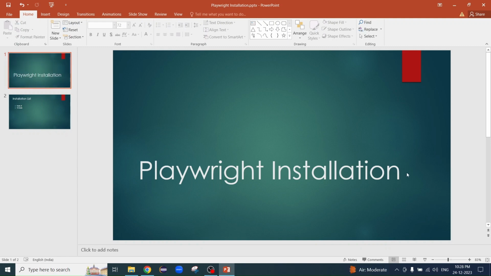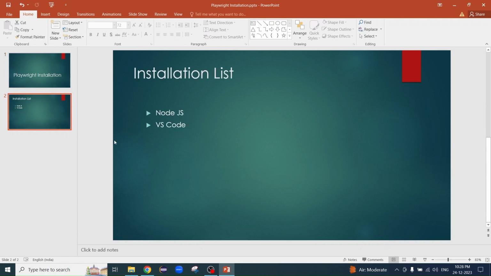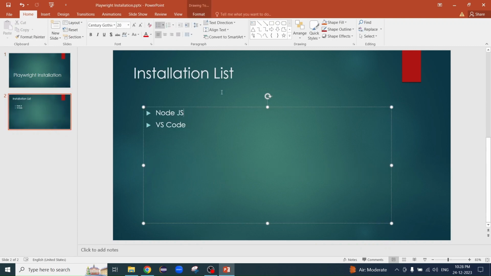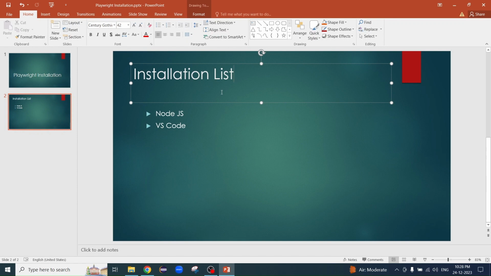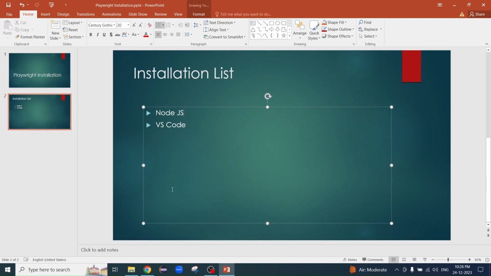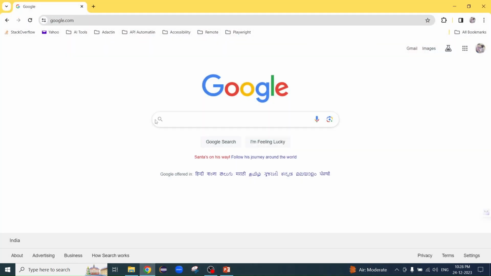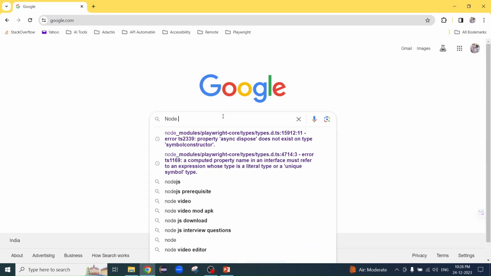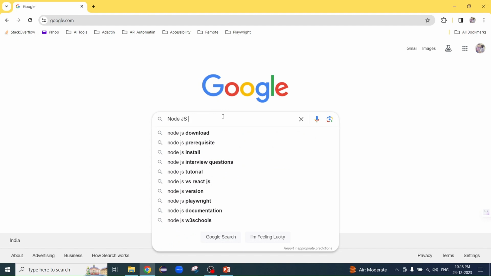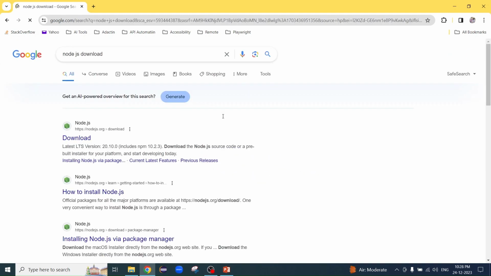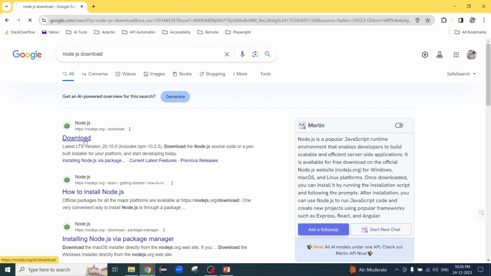So what are the things we need to install first? So first is Node.js. As we are using TypeScript, Node.js is required. So let's start with the Node.js installation. We will go to google.com and here we will select Node.js download. Okay, so select the first link